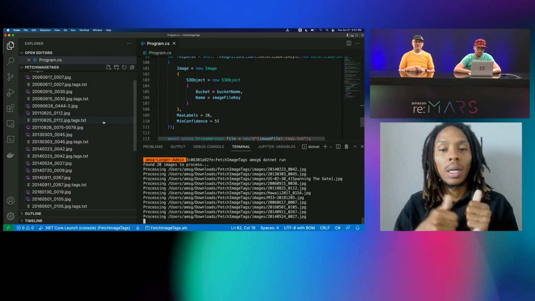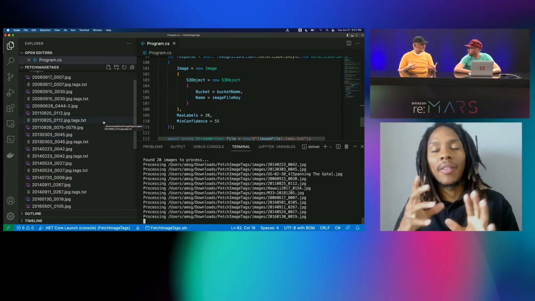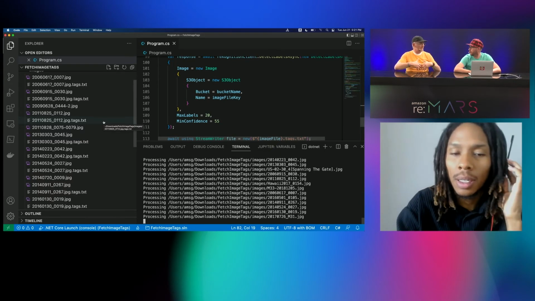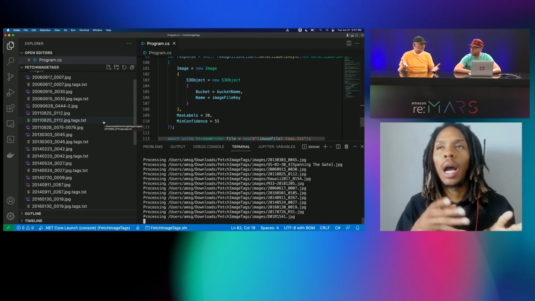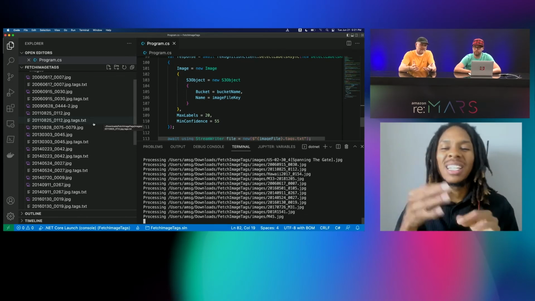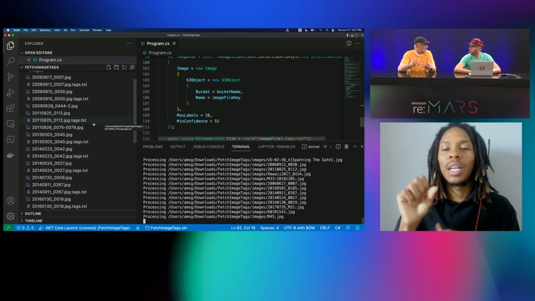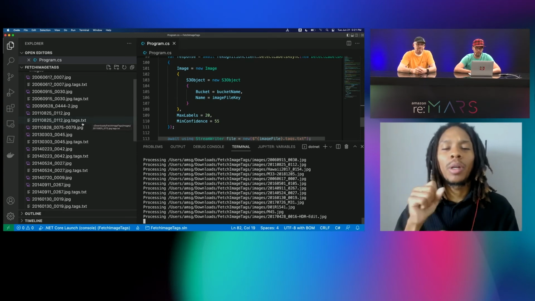Now, obviously, if I wanted the utmost efficiency here, I would probably be doing this in parallel, uploading everything in parallel. But it's a simple console demo just to show using the SDKs to call AWS services from some sort of automation aspect. All right? Makes sense to me.